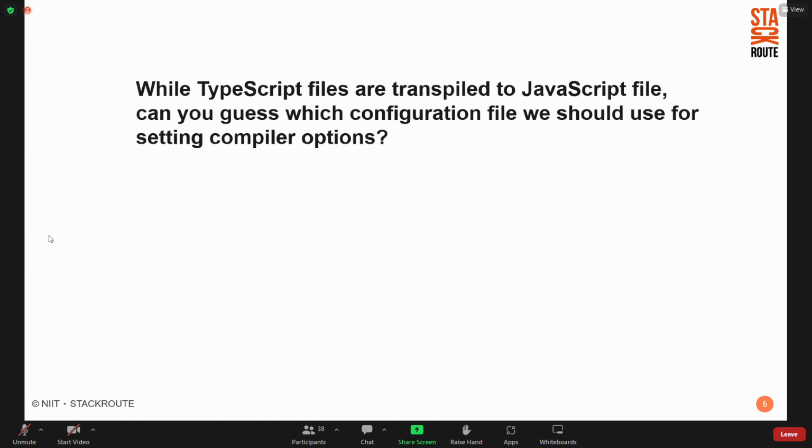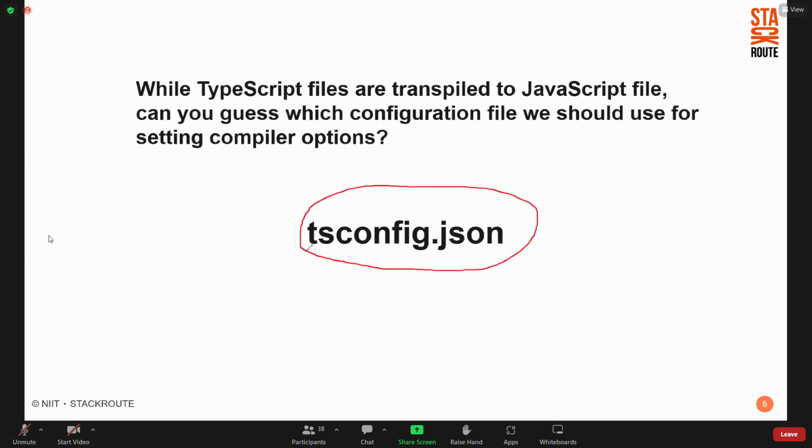While TypeScript files are built to JavaScript files, can you guess which configuration file we should use for setting compiler options? So in order to set some basic configuration requirement, which includes your compilation options also, we have the tsconfig.json file. This holds configuration information. Actually speaking, Friday I have not completed the decorator topic, because this file is missing. You remember I said this term. Since in our project we don't have an explicit tsconfig.json file, I don't have options to set my